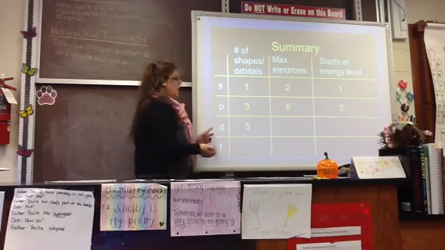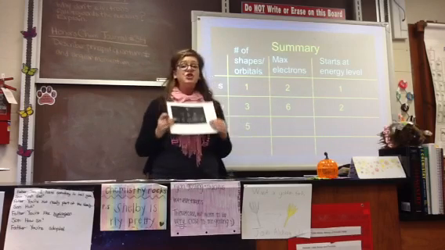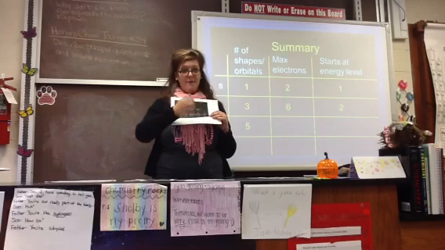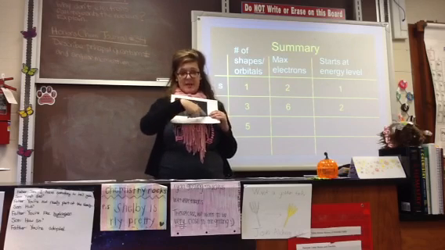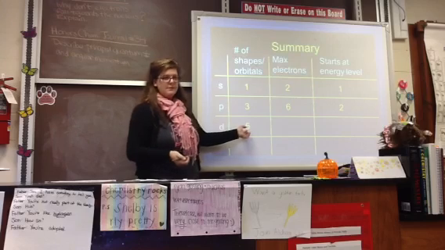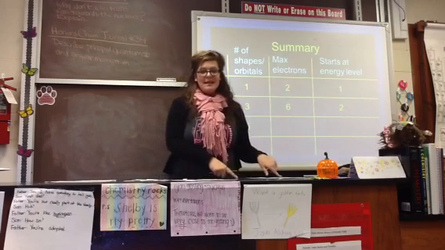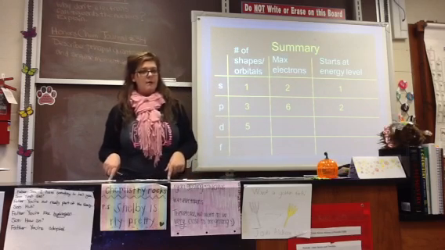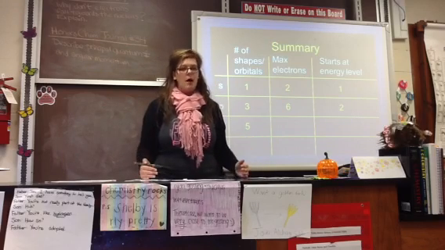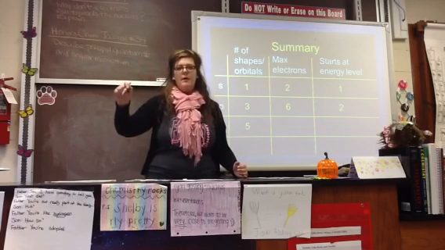Okay, D. If I look on my paper, how many shapes of D do I have? I have 1, 2, 3, 4, 5. I have 5 shapes for D. So that means I have 5 shapes or 5 orbitals. If I count all of the D columns, I go from 21 to 30. So that means I have 10 vertical columns in the